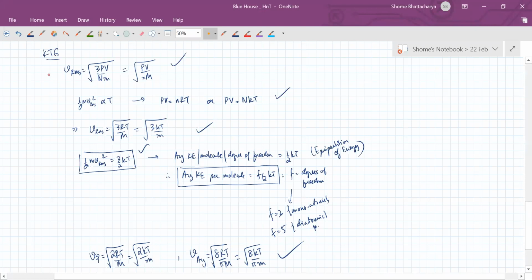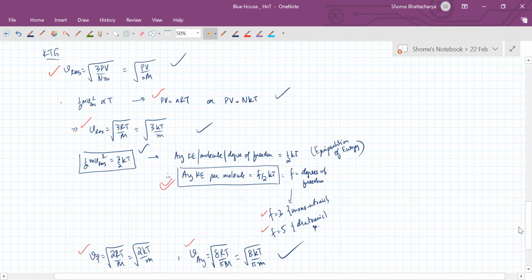Okay, so these are the important formulae. RMS in terms of pressure, volume. Then your ideal gas equation, which is coming from kinetic interpretation of temperature. Then back to RMS, but in terms of temperature, and then equipartition of energy. The concept of degrees of freedom for monoatomic and diatomic, and finally what we've added today: most probable speed and average speed. So these are our important formulae.